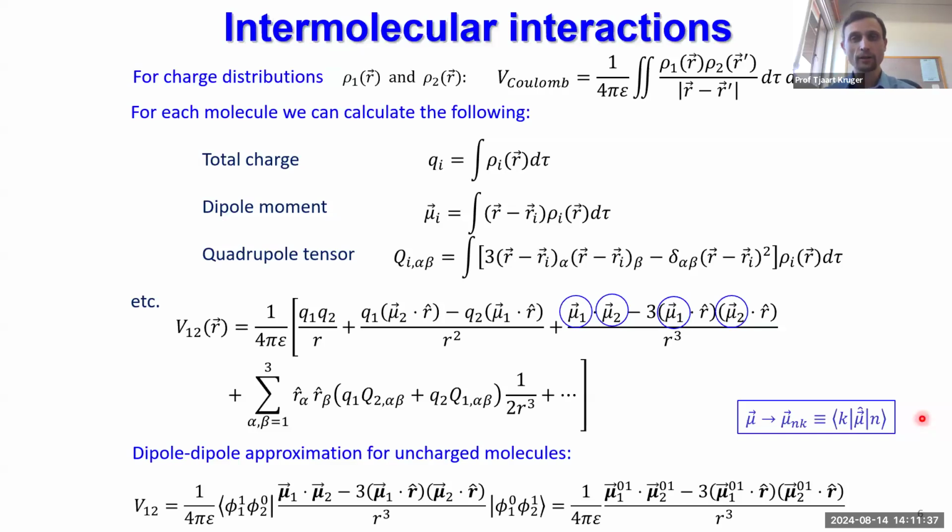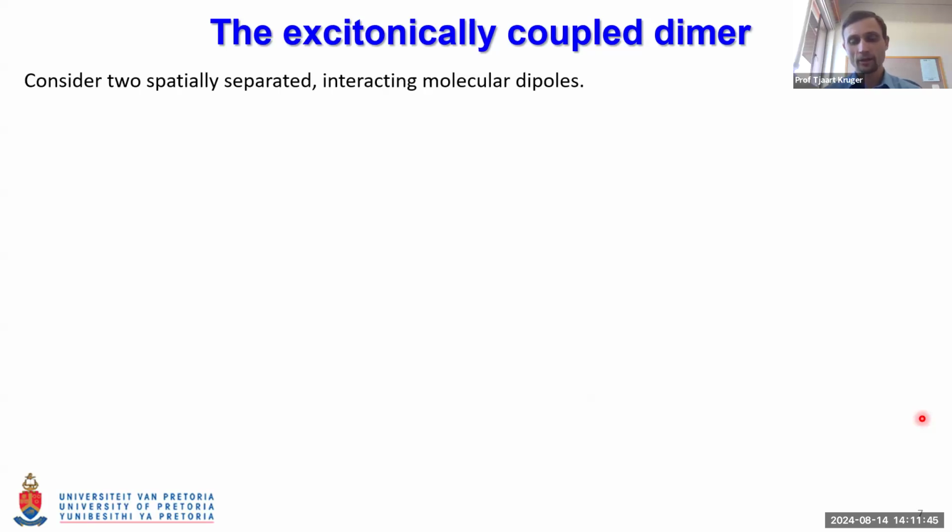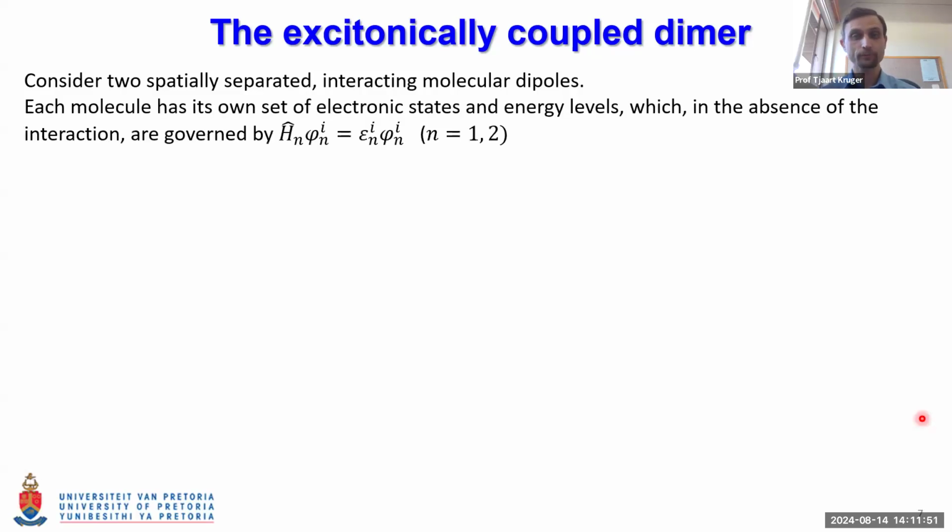Okay, so let's have a look at the underlying theory of two coupled dipoles. So we are going to call this an excitonically coupled dimer. And we consider two spatially separated interacting molecular dipoles. Let's consider that each molecule has its own set of electronic states and energy levels. And now, in the absence of interaction between the two dipoles,